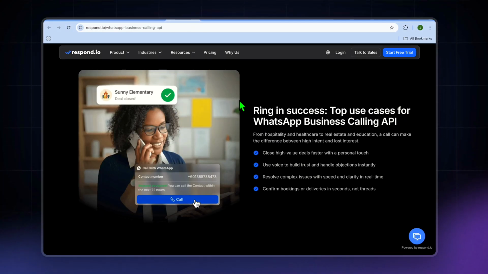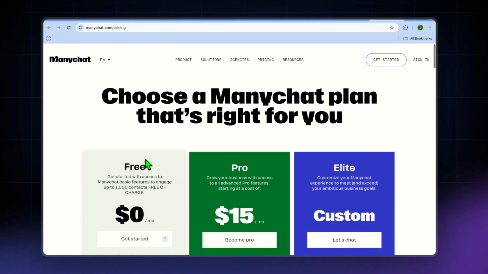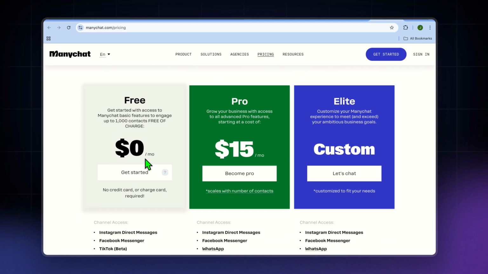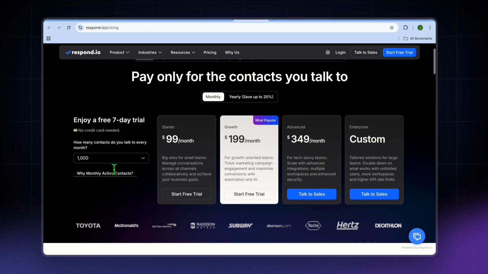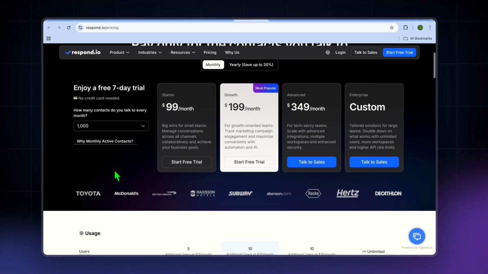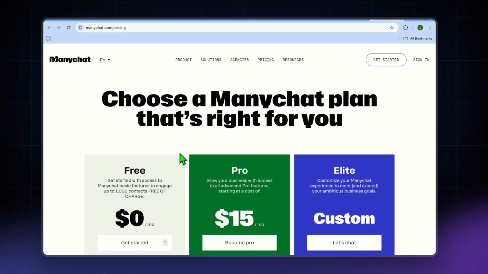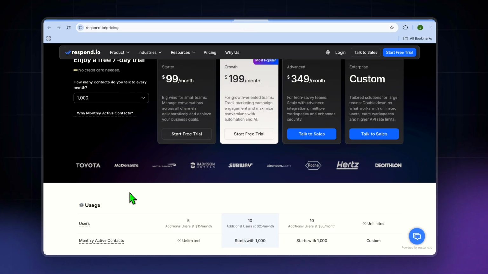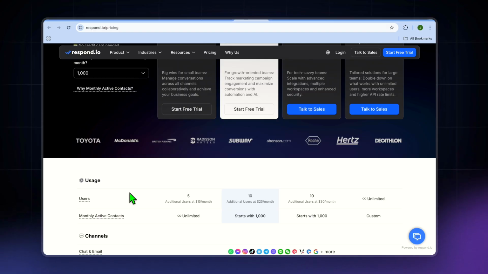And if we were to quickly look at their pricing, instead of comparing prices line by line, here is the truth. ManyChat becomes worth it when one automation per week consistently produces leads or sales, while Respond.io, on the other hand, becomes worth it when you're losing money due to missed messages, poor routing, and slow responses. So pricing should be judged like this: when it comes to ManyChat, their ROI should equal leads plus conversions, while for Respond.io, I would say their ROI should equal operational efficiency plus response speed plus saved labor.